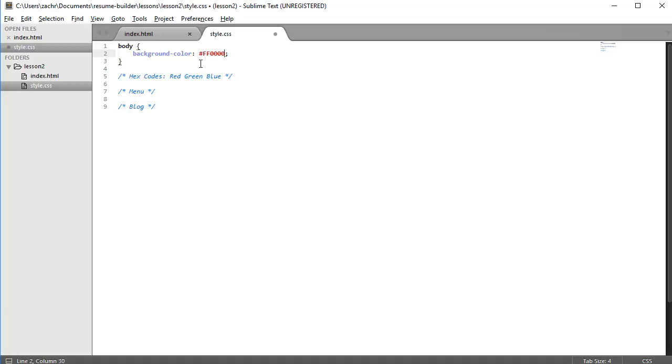Here we can see the hex code is denoted by a hashtag followed by a 2-digit hexadecimal number indicating the amount of red, then a 2-digit hexadecimal number indicating the amount of green, and finally a 2-digit hexadecimal number indicating the amount of blue. So we just replaced our explicit red value with a hexadecimal code that equates to pure